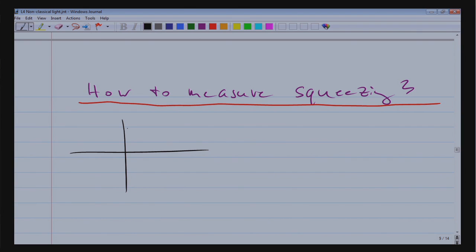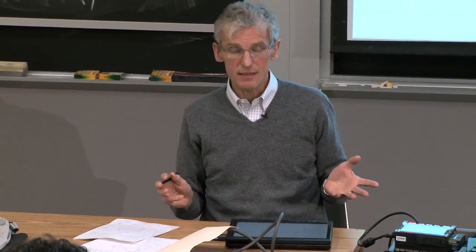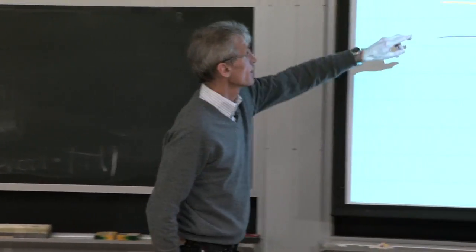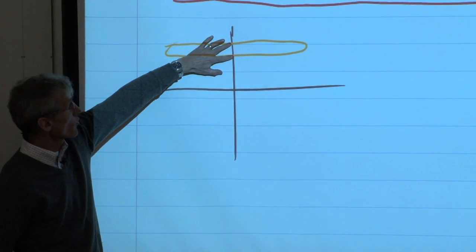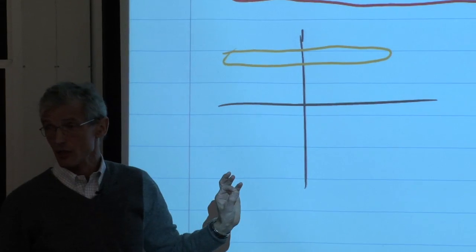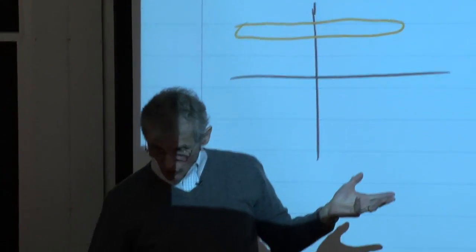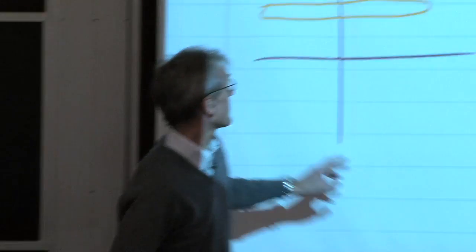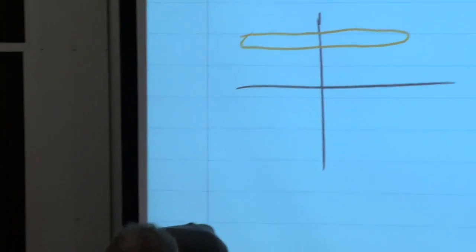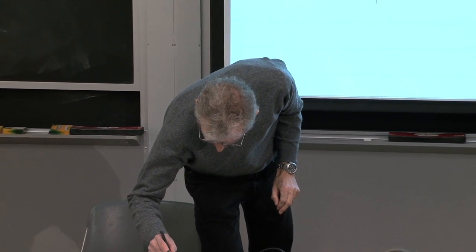Let's assume we have done a nice squeezing job, and that means that we have a sharp value. We have created a narrow distribution of the cosine omega t coefficients, so the cosine omega t motion is rather sharp. But we also know that the electric field itself is sharp at this moment, but since this ellipse